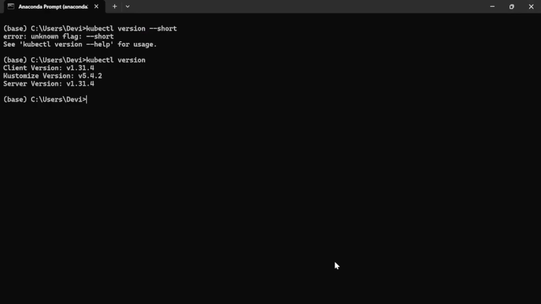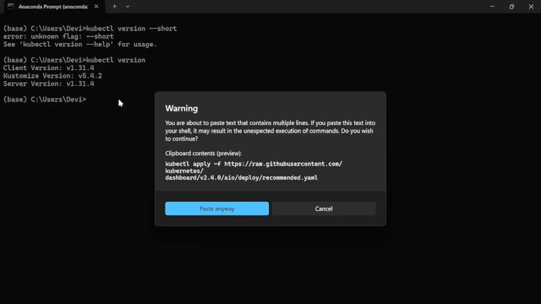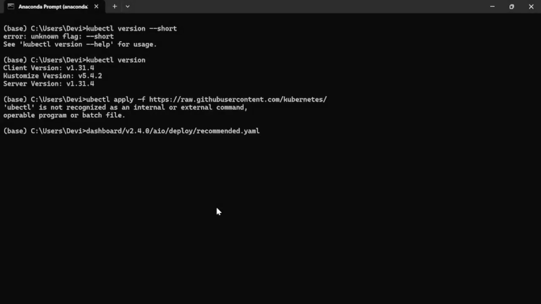Now we are going to the terminal and we are going to see the version of kubectl, and then we are going to start the Kubernetes proxy, right? For that, I just copy and paste it. There is a spelling mistake: instead of kubectl, it is represented as ubectl. So I'm changing the name to kubectl